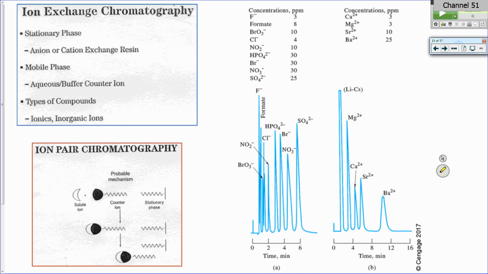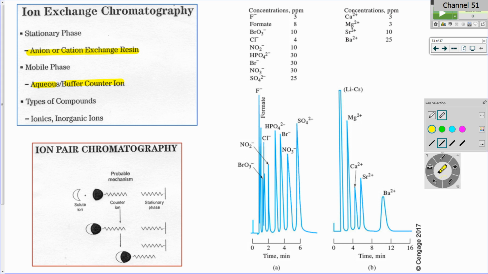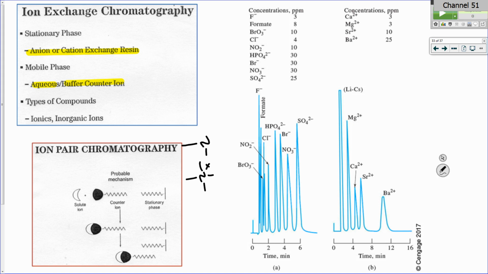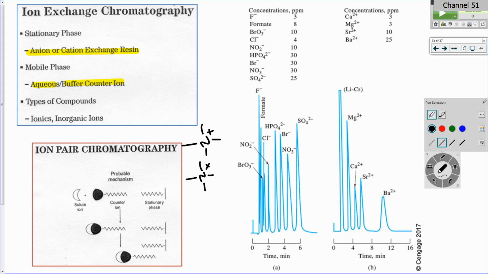All right, here's the ion exchange stuff I thought was the next slide. So your stationary phases are going to be resins of either cations or anions, and you're using opposites attract. So your mobile phases are going to be something that's aqueous, and then it's going to be a counterion that's competing for that stationary phase. So like on this first example, I'm separating out anions. So your stationary phase is going to be something like a quaternary amine that's going to be adhered to the surface, a positive charge. And for competition, I would want something that's going to be in the background that's going to compete with that